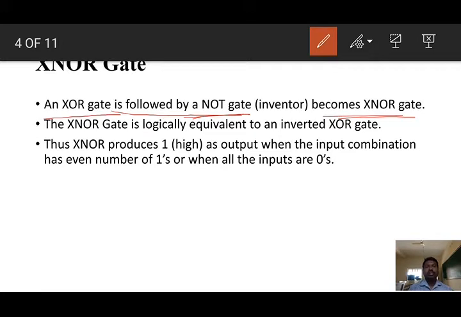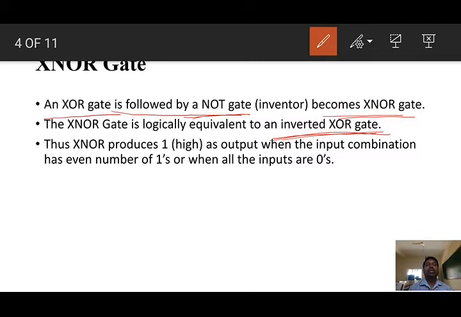An XOR gate followed by a NOT gate becomes an XNOR gate. Dear student, an XNOR gate is logically equivalent to an inverted XOR gate. What is meant by a logically equivalent and inverted XOR gate?